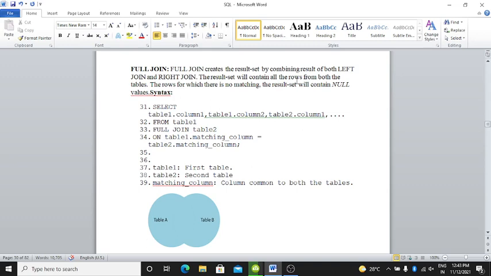The result set will contain all the rows from both the tables. For the rows for which there is no matching row, the result set will contain null values.